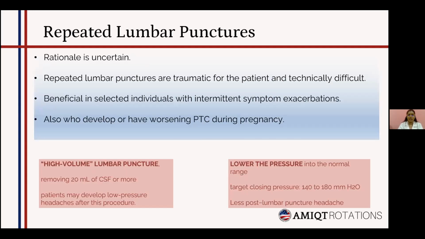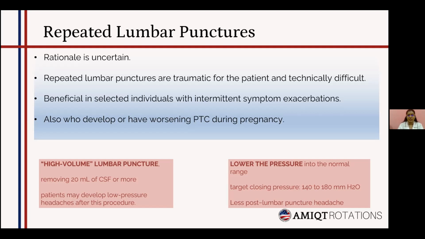Then coming to doing repeated lumbar punctures. It is seen that doing a high volume lumbar puncture and removing more than 20 ml of CSF is likely to help the patients in reducing the ICP. But doing repeated lumbar punctures is traumatic for the patient and technically difficult. But this can be beneficial in selected individuals, such as a pregnant woman who develops